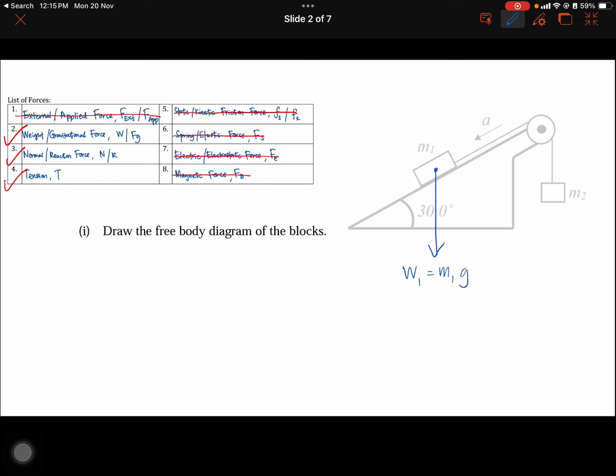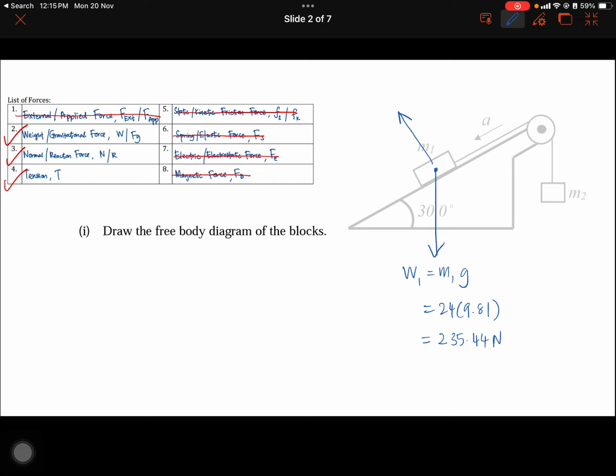You can calculate this by knowing the weight of mass 1, which is 24 kilogram. Then you multiply by 9.81. So the weight of mass 1 is going to be equal to 235.44 Newton. Okay, and then we're also going to have another force, which is the normal force,